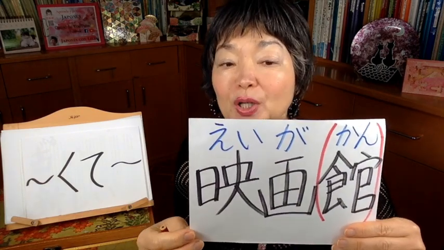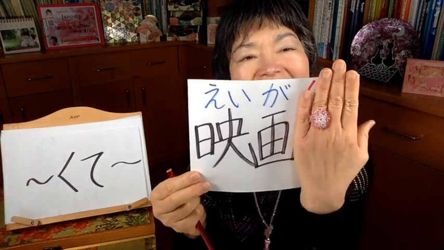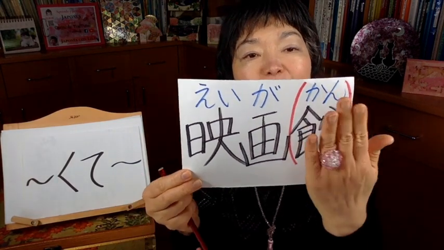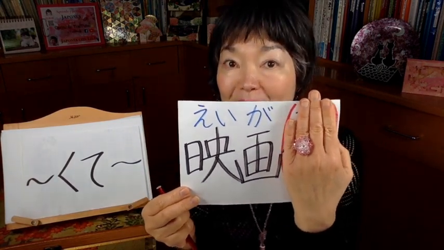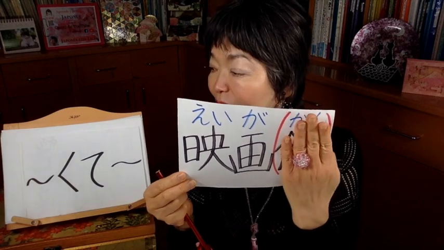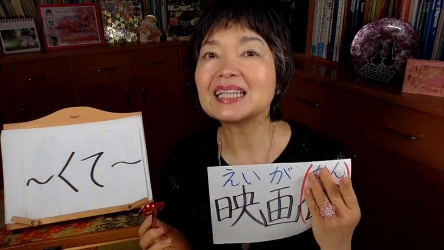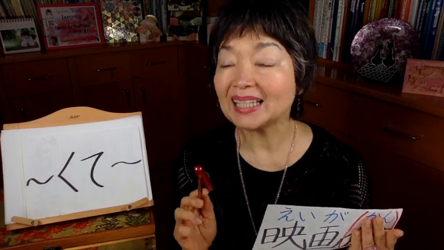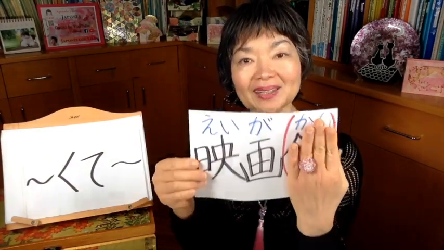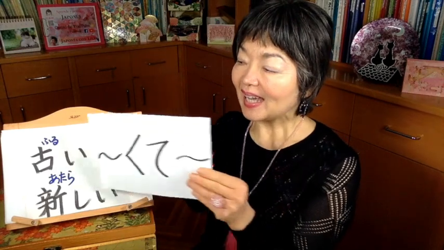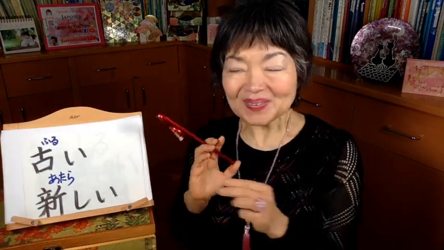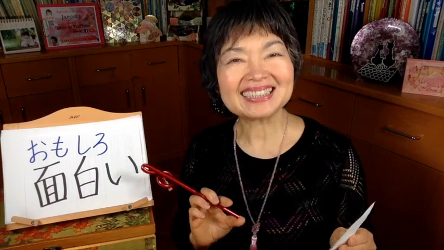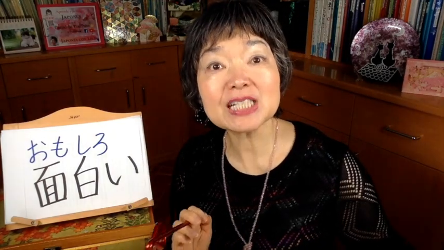Do you remember this word? 映画 without this one, 映画館 is movie theater but 映画 movie. So この映画は this movie or this film is この映画は新しくて new and 面白いです。この映画は新しくて面白いです。I'm going to explain to you how to unite な形容詞